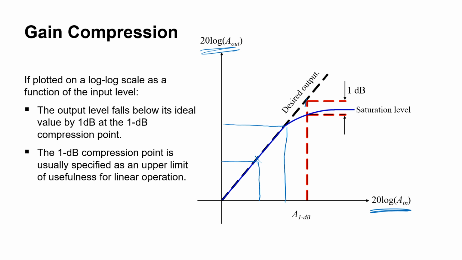So my expected value should be here, but my actual value is here. If the gap between these two points is 1 dB, then I will call this the 1 dB compression point, and I will record my A1 dB here. So, for example, imagine I am